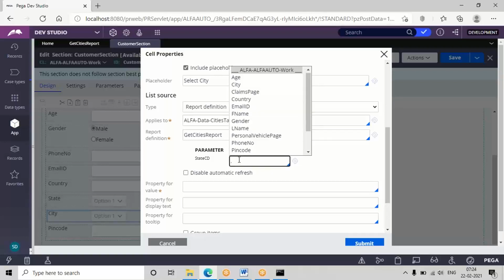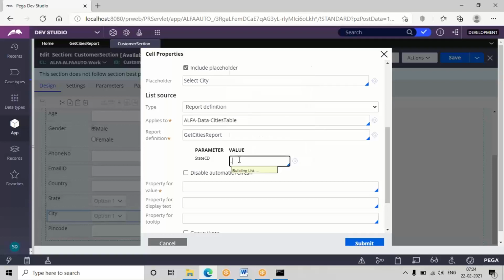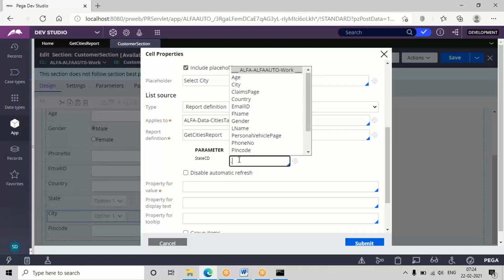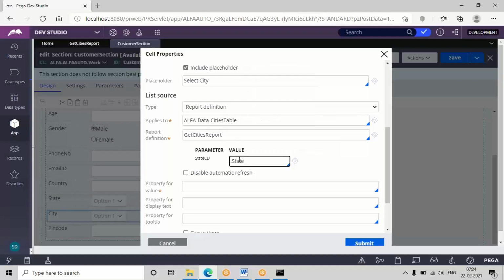If you click on dot, you can see all your user defined properties, the properties in the work layer, and choose state property. Because based on state only we are going to filter the values for the city property. So give the parameter value as state property.